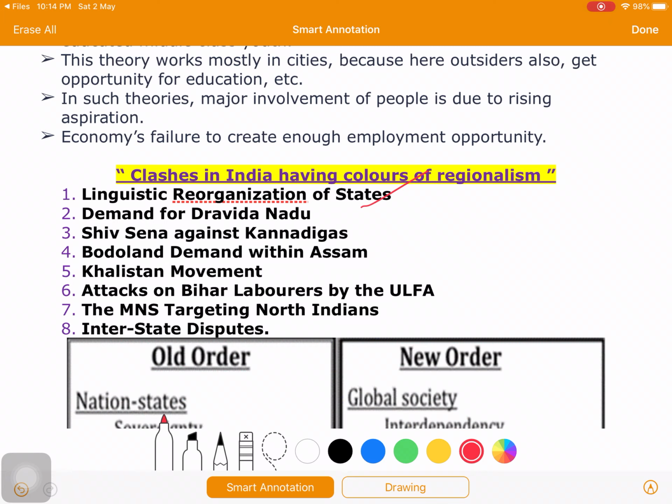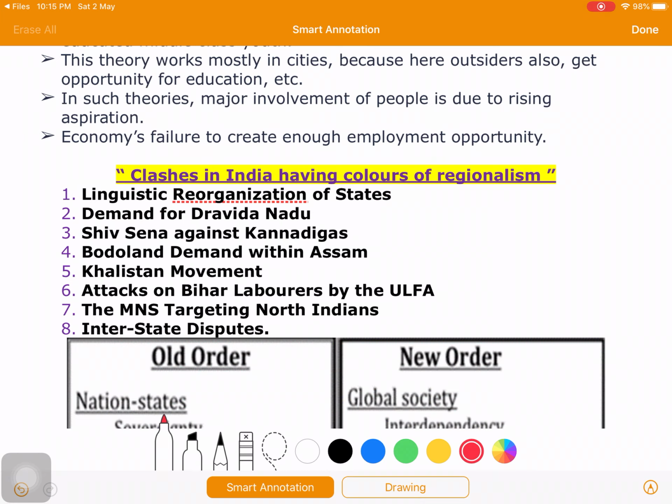To achieve this end, he died in 1952 after not eating for 52 days in support of Telugu-speaking state formation. Sriramulu's death forced Jawaharlal Nehru to agree to the similar demands from other parts of the country. Consequently, in 1954, a States Reorganisation Committee was formed under the chairmanship of Fazl Ali, which recommended the formation of 16 new states and 3 UTs based on language. And hence, language plays a major role, which can be seen as a clash for the rise of regionalism in India.